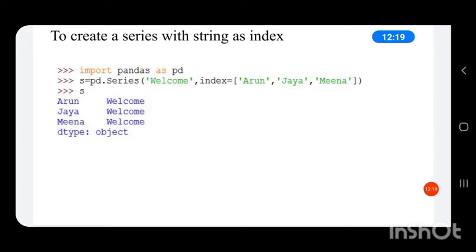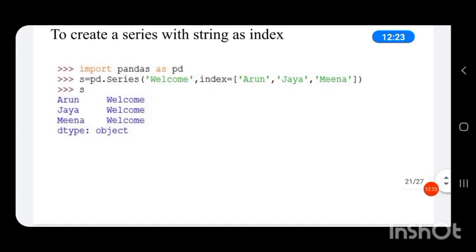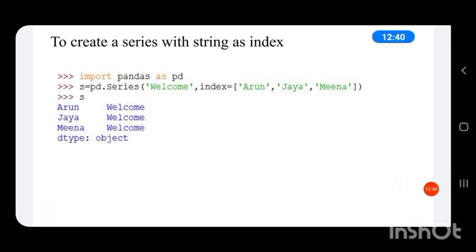So the series contains the index value Arun. The data corresponding to Arun is welcome. The next index is Jaya. Its data is welcome. Then the next index is Meena. The data corresponding to Meena is also welcome. So we can create a series with index as string.